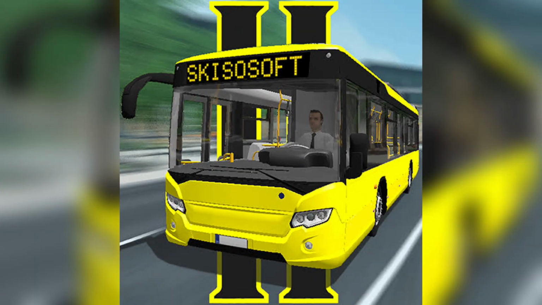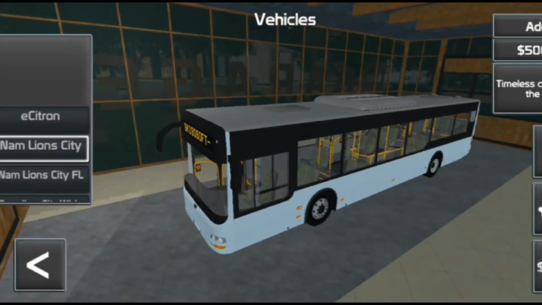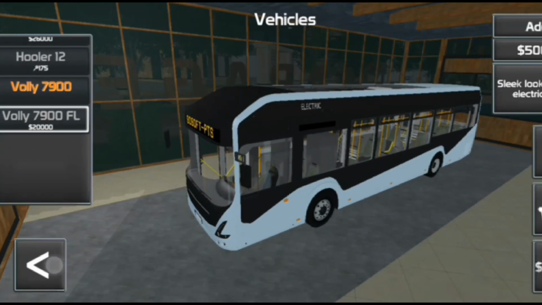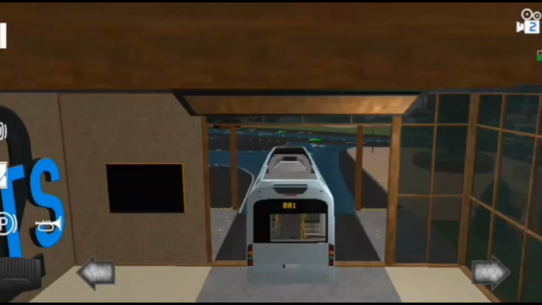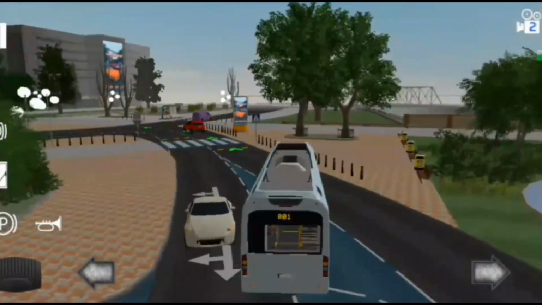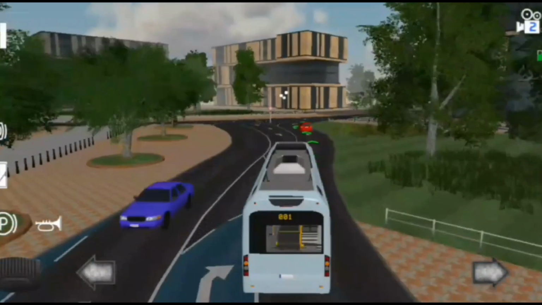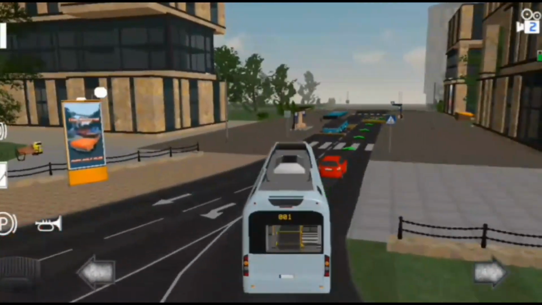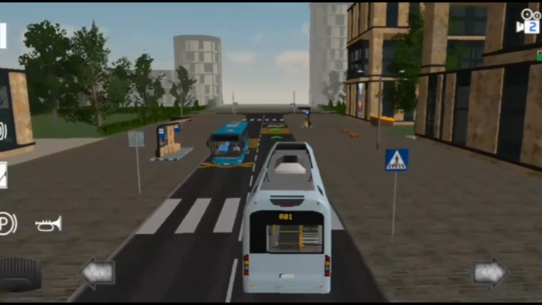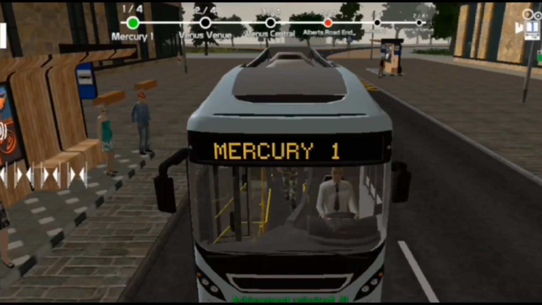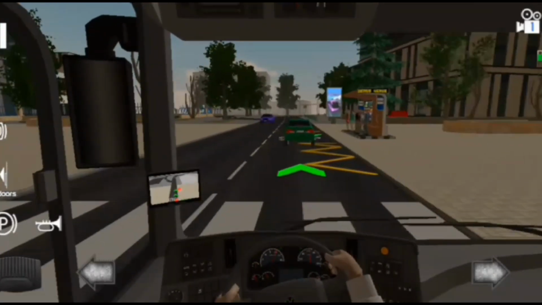The last game we are talking about today is Public Transport Simulator 2, released on 8 April 2024. While Public Transport Simulator 1 had diversified vehicles, Public Transport Simulator 2 only focused on the bus. The game has lot more graphical development works from Public Transport Simulator 1 and Public Transport Simulator Coach, and you can definitely try it for free.